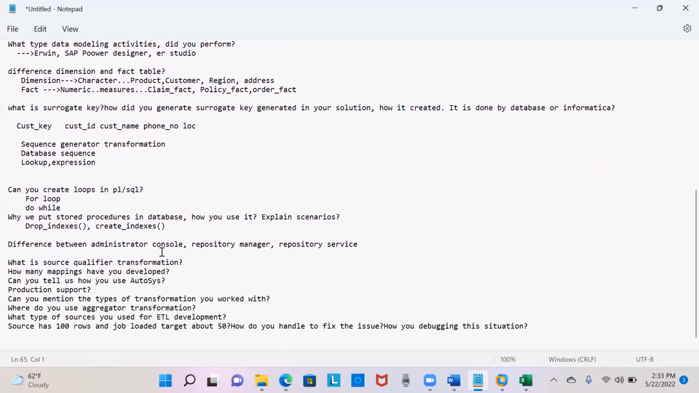Basically, what is the difference between an administration console, when do you use a repository manager, and what is a repository service? More details I have covered in my Informatica architecture class. If you have access to it, you can probably check it on YouTube. There are videos which are available. But when you talk about this administration console, it is basically